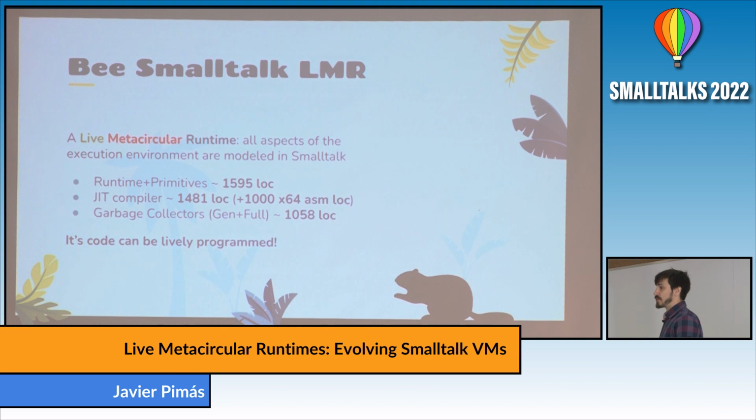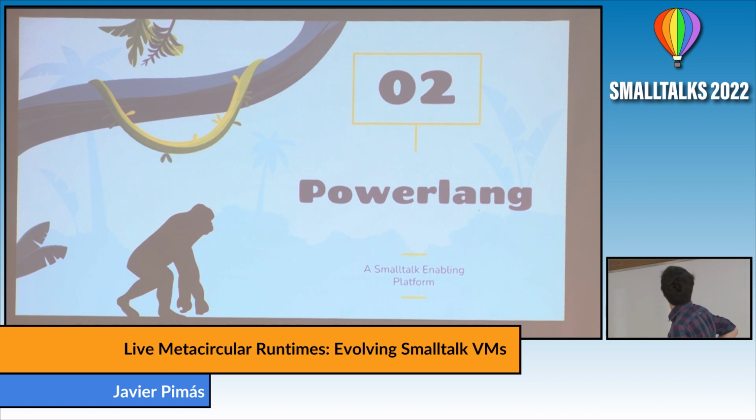You have a JIT compiler, you have a garbage collector, everything you would expect from a Smalltalk, you have it, and it's very, very small. And its performance is similar to the one you have in the Open Smalltalk VM, right? Okay, and all that can be live programmed. And, well, what's next, you might ask. Okay, so this is great, and we have been using this B Smalltalk for our product, shipping it to clients,